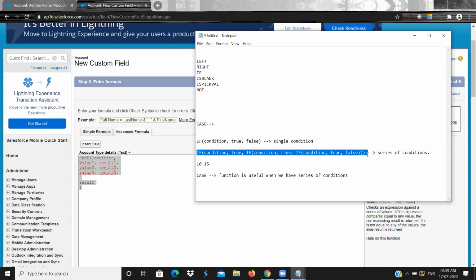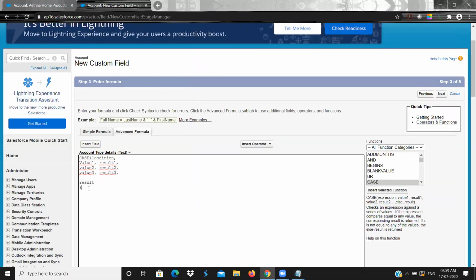If you have 10 to 15 conditions, it will be very complicated because you have to have more braces and more commas, and you will get confused, and the syntax error comes, and it will be very difficult to find. But in the case function, it is very simple. Okay, for a series of conditions.